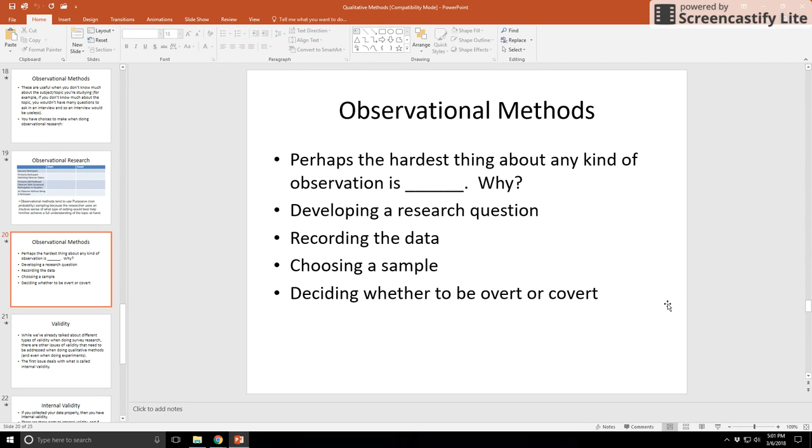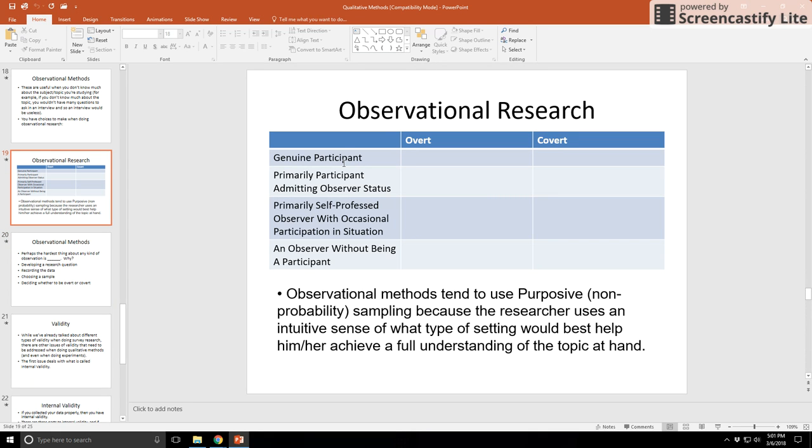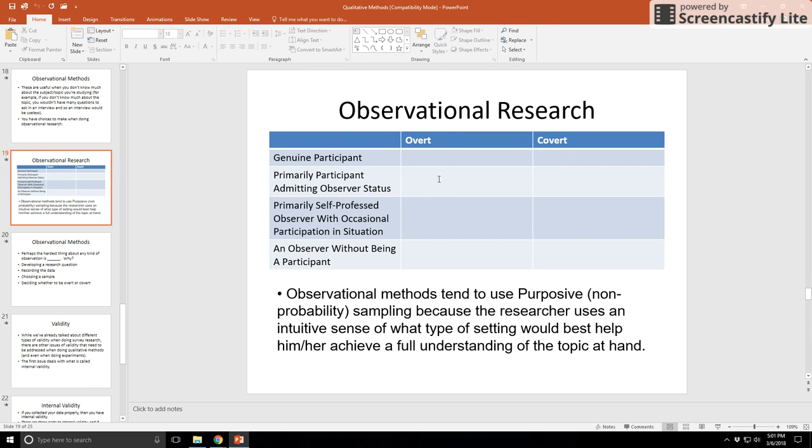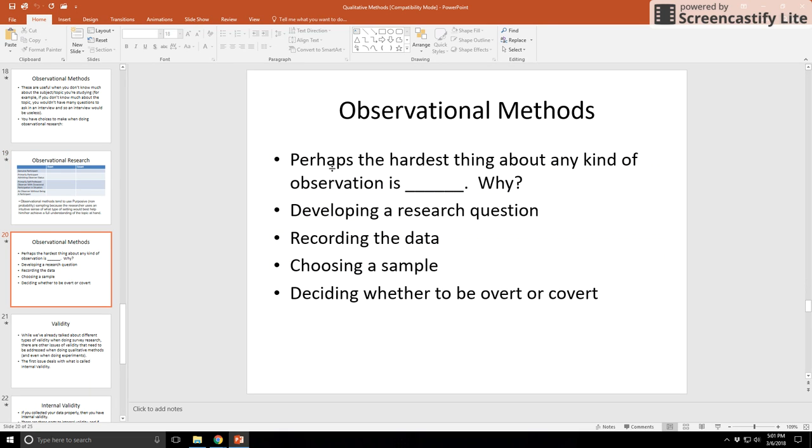The reason is with observational methods, especially if you're doing some more participant stuff, how do you record stuff? If I'm involved in studying a gang and I'm doing it, say over here covertly, how do I record the stuff without drawing attention to myself or suspicion? So it certainly can be very difficult recording the data. If you are in this column here, it's easier because they know you're studying them, but still, if you're doing stuff over here with them, how do you stop and take notes or carry the recorder around? It can be difficult.